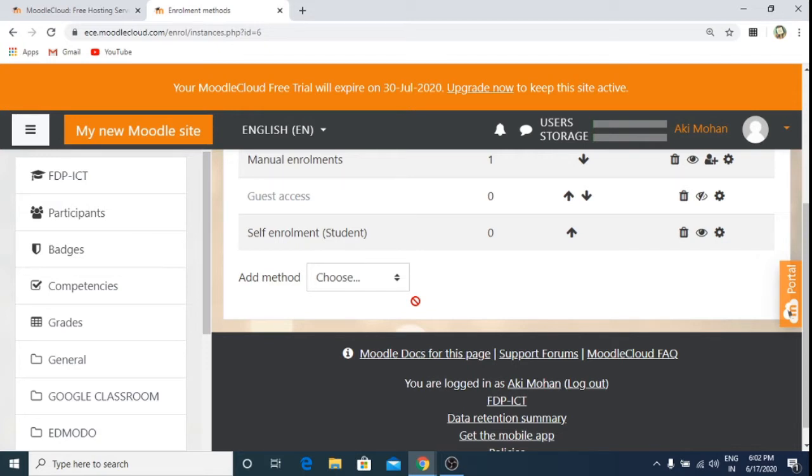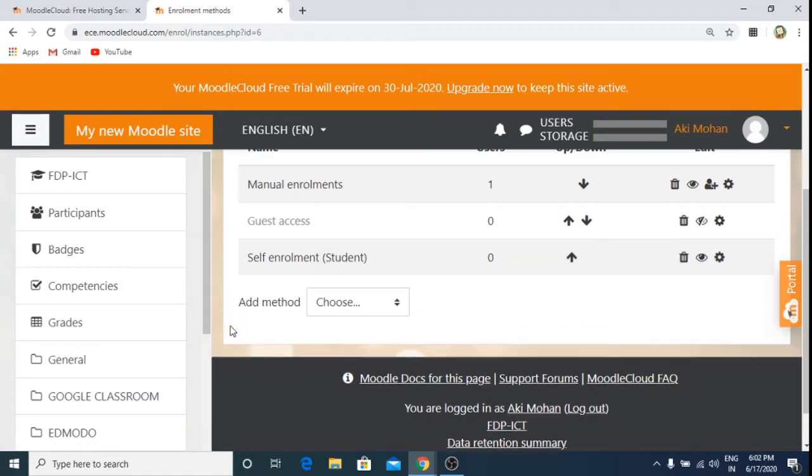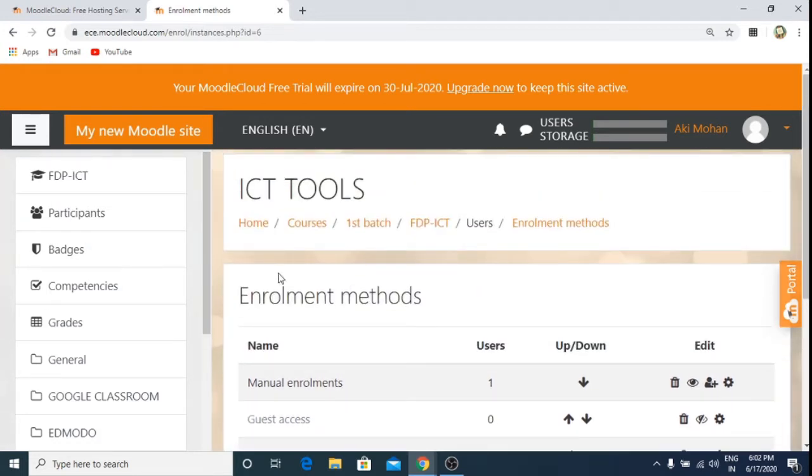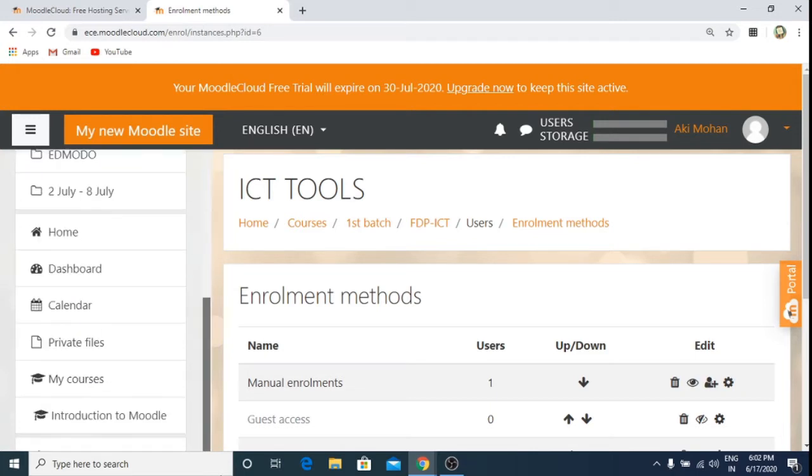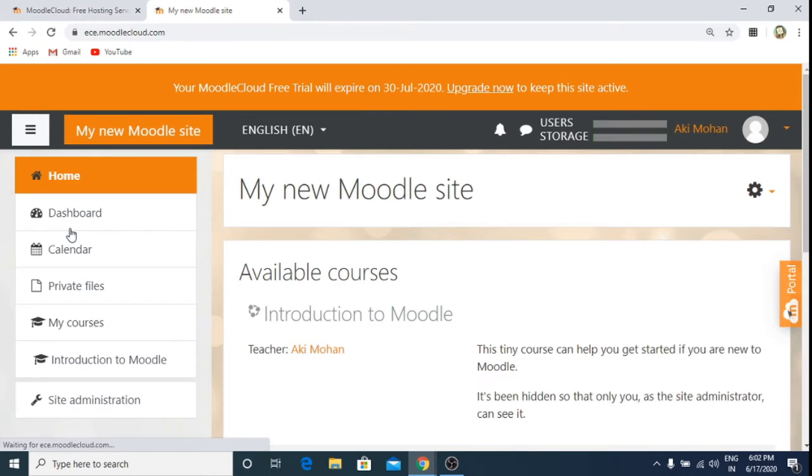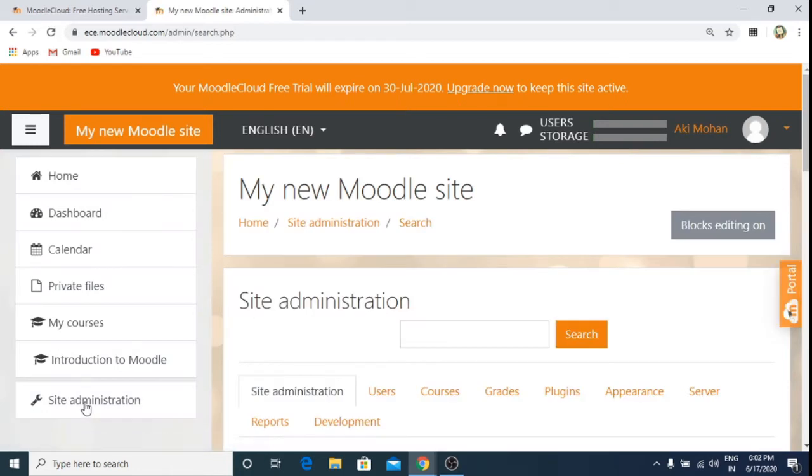But even for that enrollment, I need to add them into my site. For that, again I click on home. Now again I click on site administration. I repeat again, I am adding a user, a student or a teacher, to my Moodle site, not to my course.